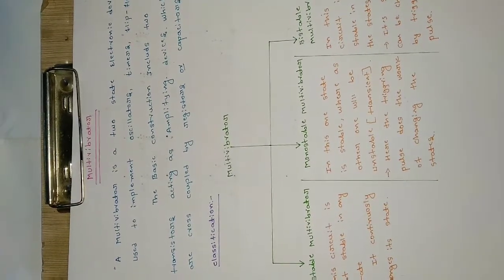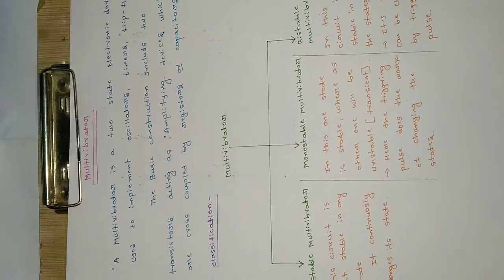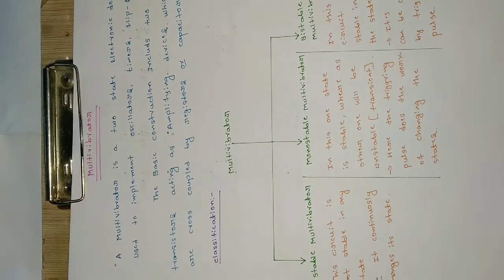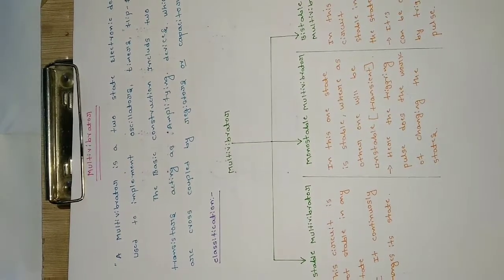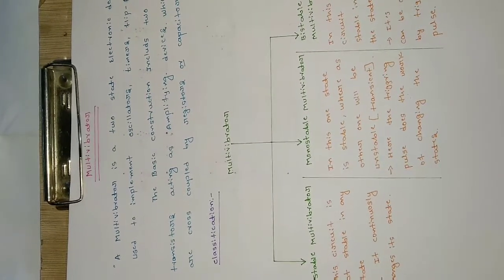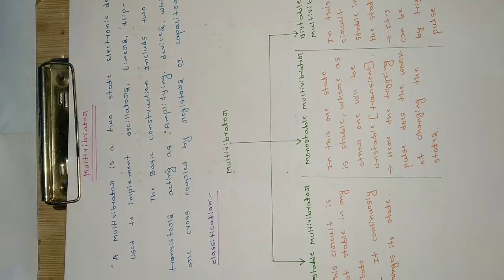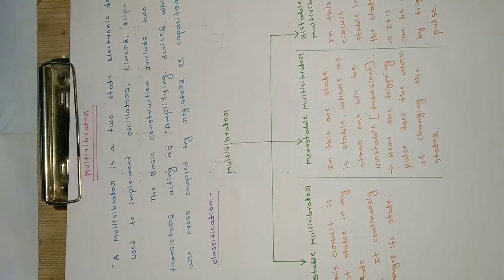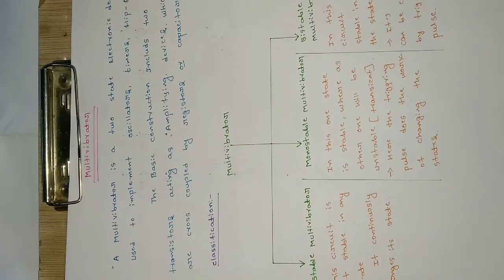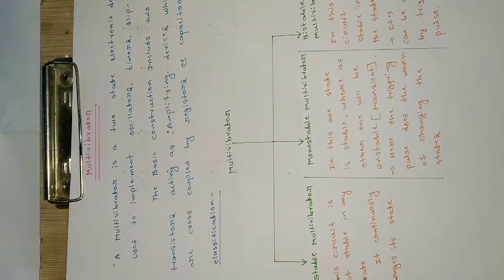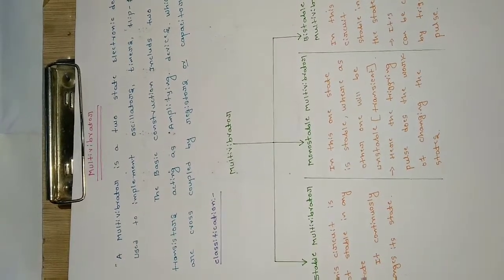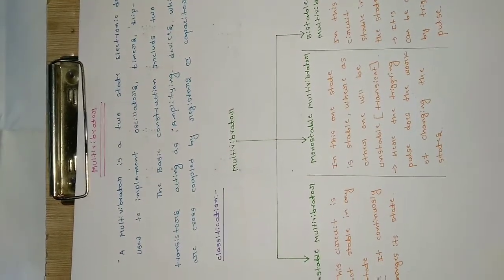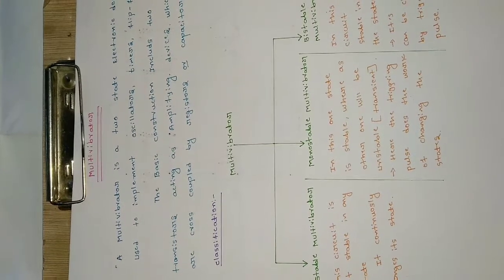Okay, so that is the first criteria, and the second criteria is the output of both the transistors. We will be using two transistors in case of any of the multivibrators, either astable, monostable, or bistable. The output of each transistor should be 180 degrees out of phase with respect to the other, which indicates only one of them will be on at a time. That we will see in our further discussion. At this instant, you just understand that a multivibrator is an important component which has either one or two stable states, and it is mainly used in oscillators, flip-flops, and other electronic circuits.